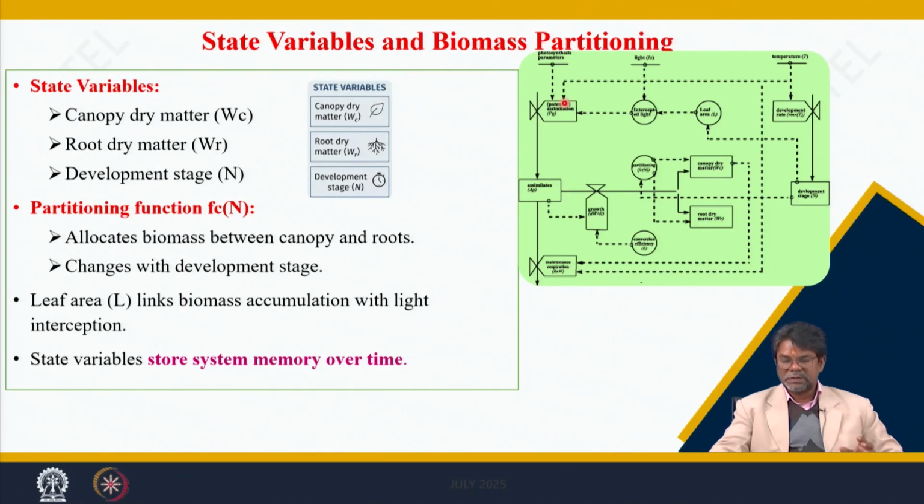Once you get the potential assimilation, then there is a loss of carbohydrate. This loss depends again on the weather parameters, the maintenance respiration rate, and also the initial crop weight. How much carbohydrate is lost through respiration depends upon the initial crop weight. If the crop is at an early stage, there is less accumulation of carbohydrate and a lower initial weight, so there will be a lower loss of